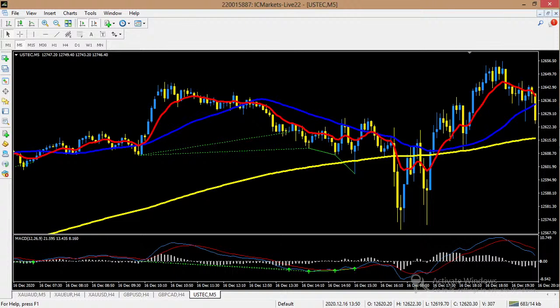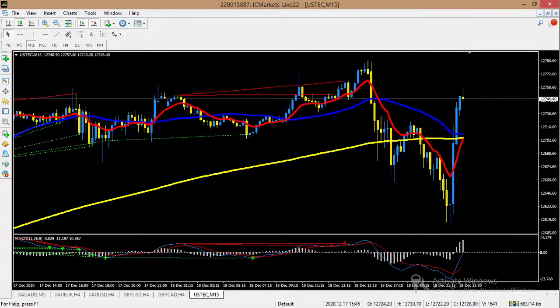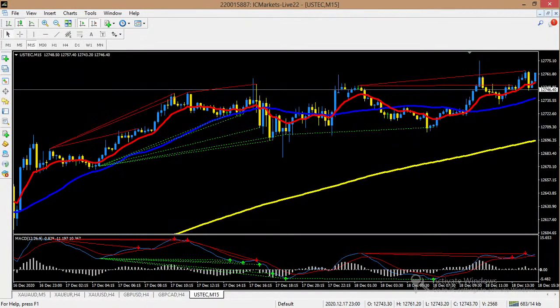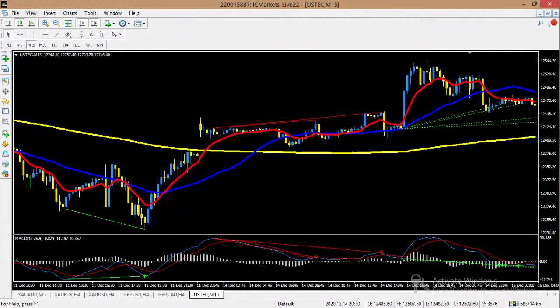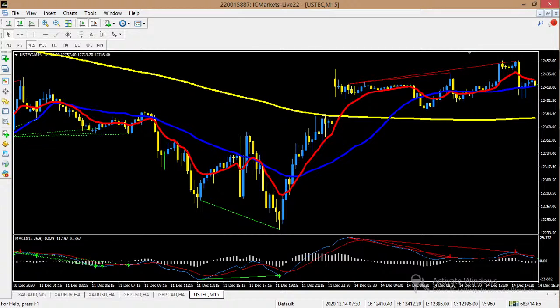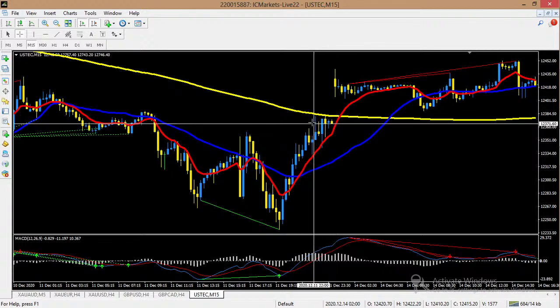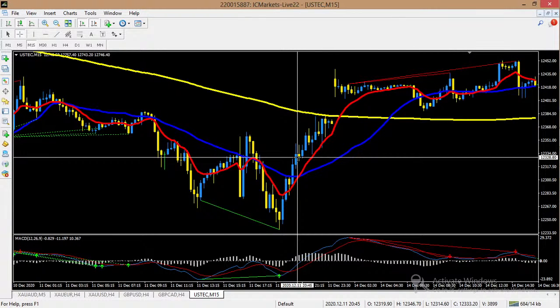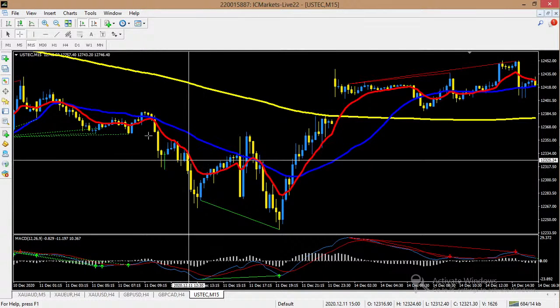So here, because I used to advise you use minimum of 15 minutes time frame, this is what you will do. Since the 1 hour time frame is showing uptrend, then you come down to this place here. You can check this place. At first the market was trending down,